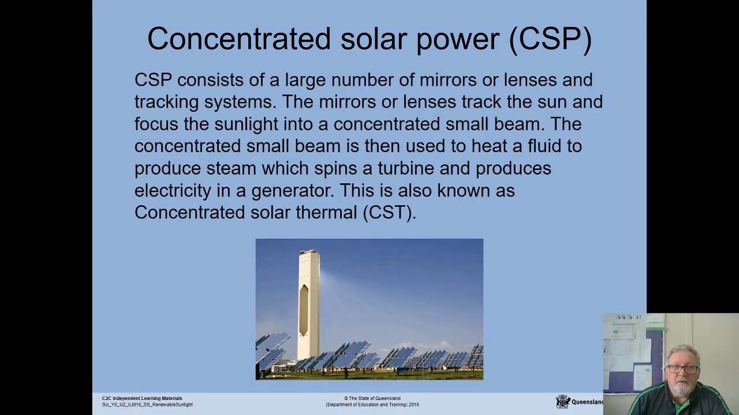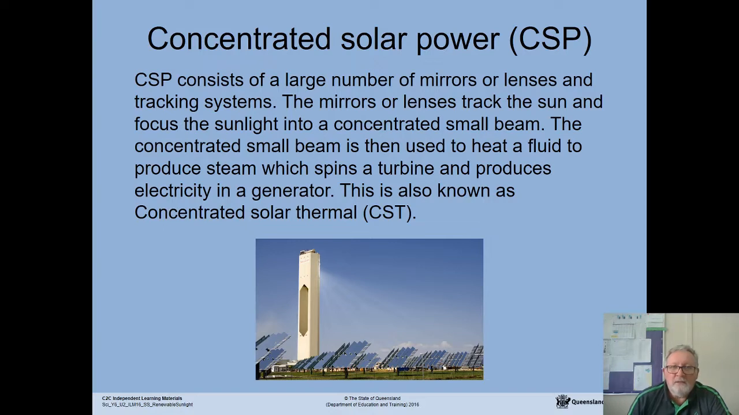So, the first one, concentrated solar power, shortened to CSP. It consists of a large number of mirrors or lenses and tracking systems. The mirrors and lenses track the sun and focus the sunlight. So you know the idea of a magnifying glass is able to focus the light into a beam? Well, these mirrors do that. And so you can imagine if there's a whole lot of mirrors, it can really get a very powerful concentrated